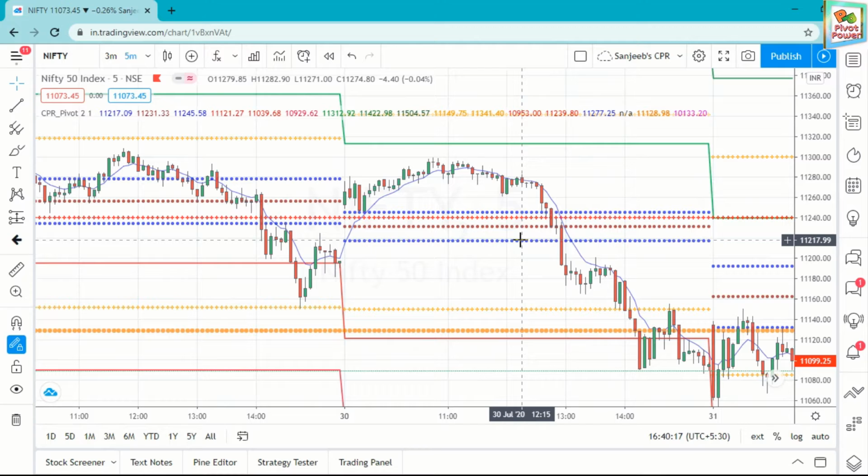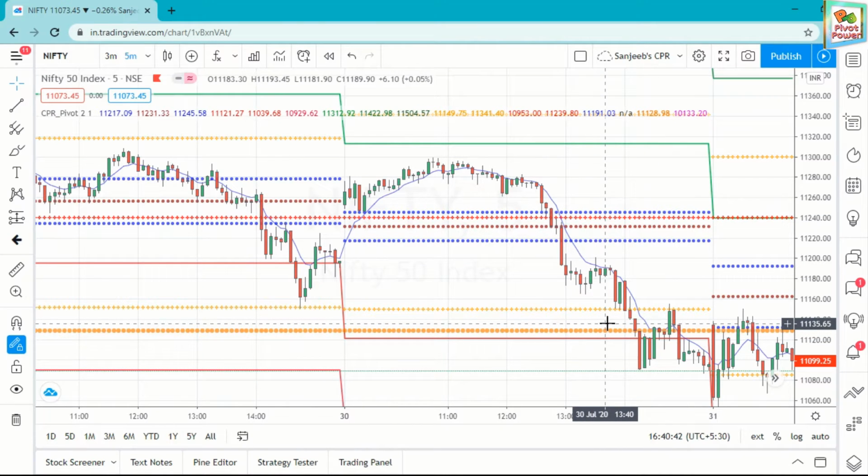How I have said the 1:5 risk reward: see here the breakout. Here the stop loss is above the candle and above the 8 EMA. See, the stop loss is this much only, and your profit is this much. It is more than 1:5 risk reward. Your stop loss is this much only, and your profit is this much. Huge profit. It is more than 1:5 risk reward.